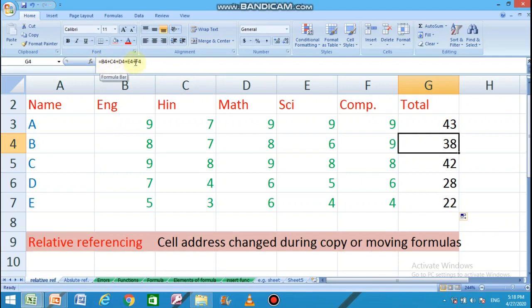B3 becomes B4, then B5, C5, D5, and in the same manner B6. So when we copy or move a formula from one cell to another, the cell address changes. This explains relative referencing.